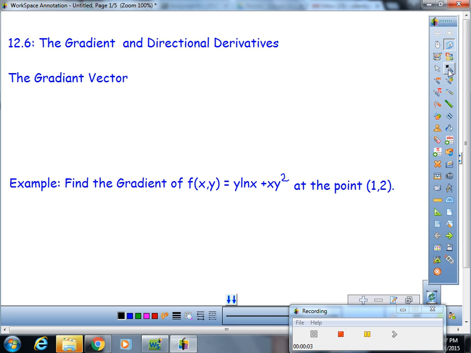Alright, so this is 12.6. It's our first section in our second sub-chapter of Chapter 12. And we're first going to introduce you to the gradient vector. Okay, so